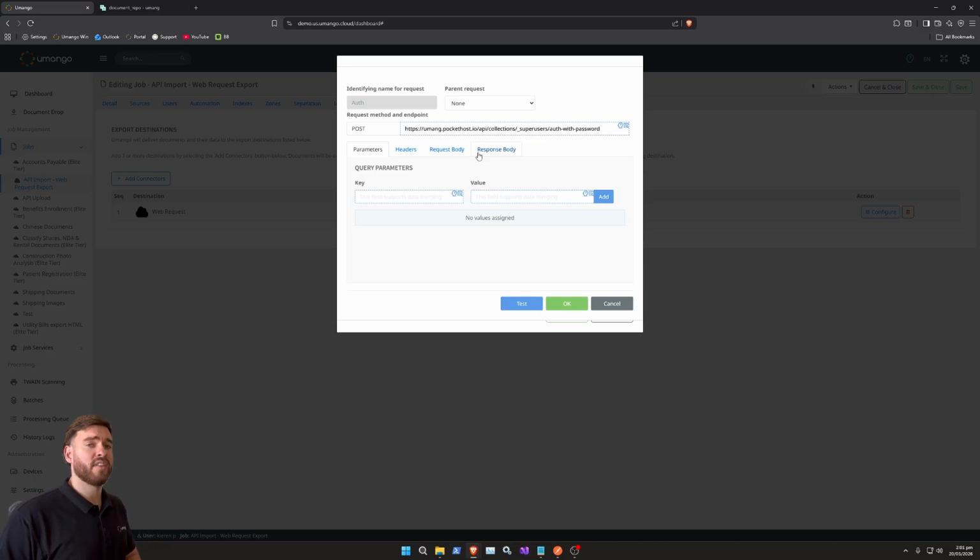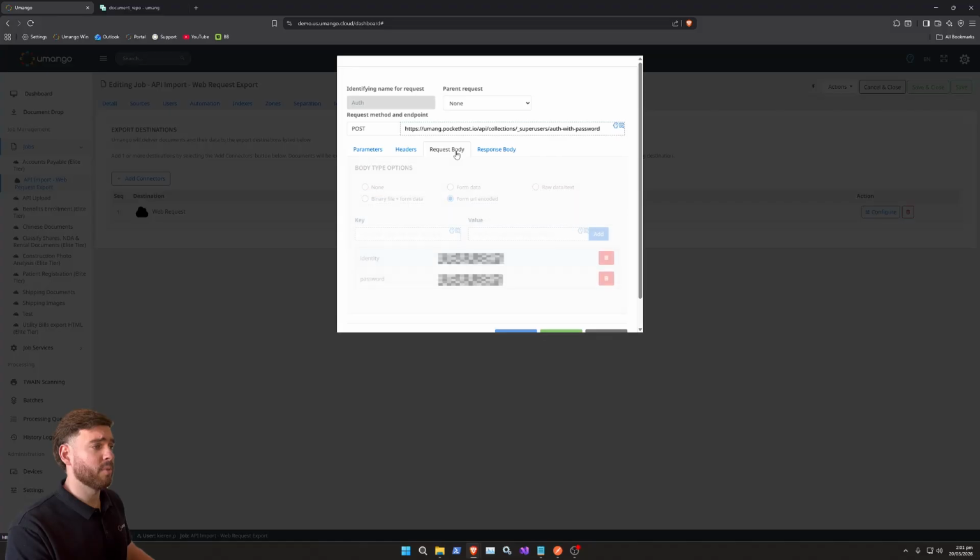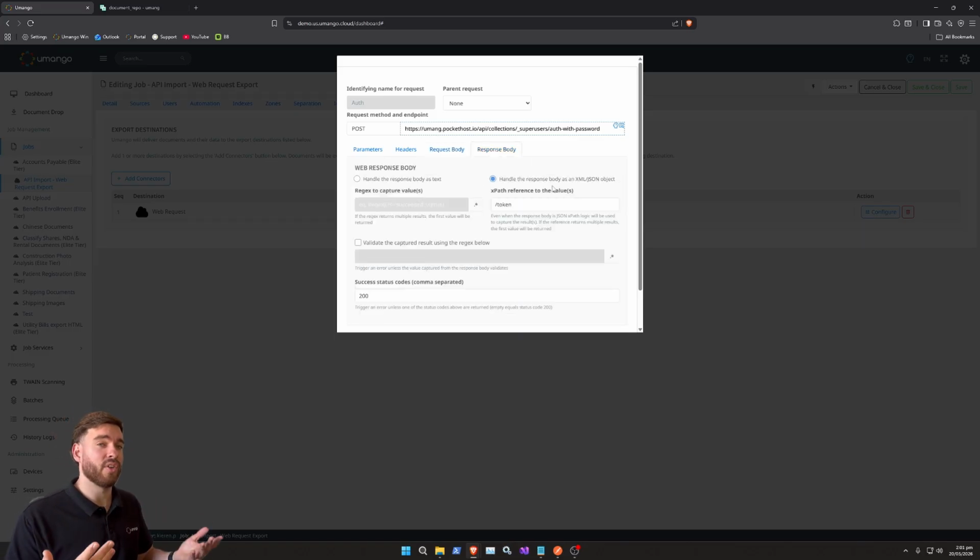And typically we'll authenticate and get an access token, which we'll then provide in the authorization header of subsequent requests. So in this case, I'm sending over a body, which is a username and password. And on response, we'll get some kind of JSON object back. We can deal with that JSON object in a number of ways. We can use regex to extract the data from it that we require, or in this case, we can use